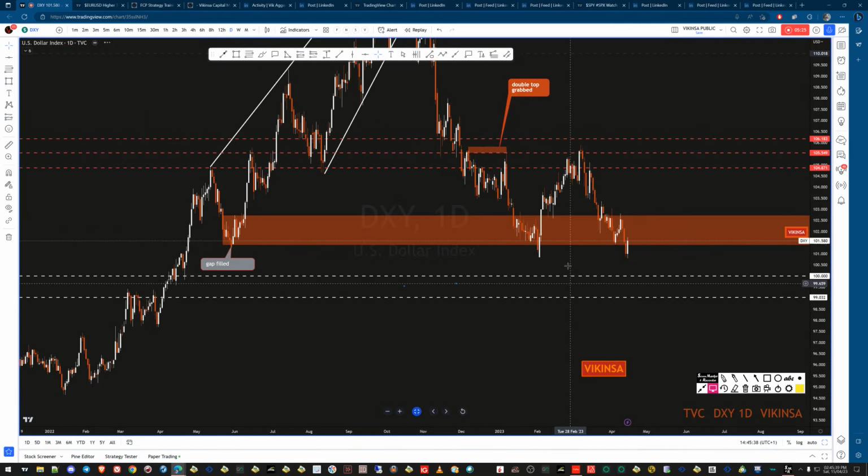However, as I said, if the market starts to violate this triple bottom, right, and starts to fall down, then the next level naturally will be 100, which is a psychological number. 100 can still be achieved because it's very, very close. And then after that, we have 99. These levels have already been there for the past couple of months. You can check the previous analysis, right? These levels have already been there.